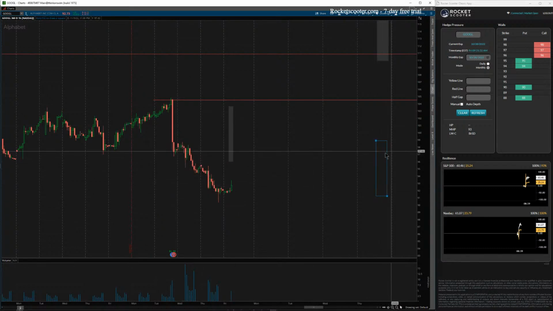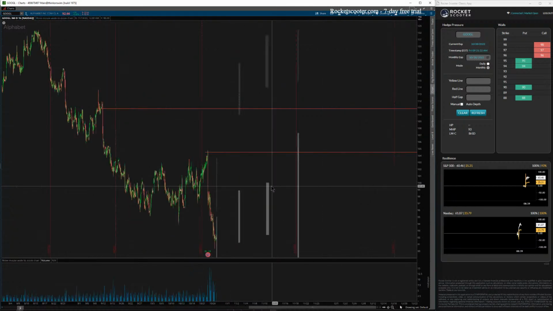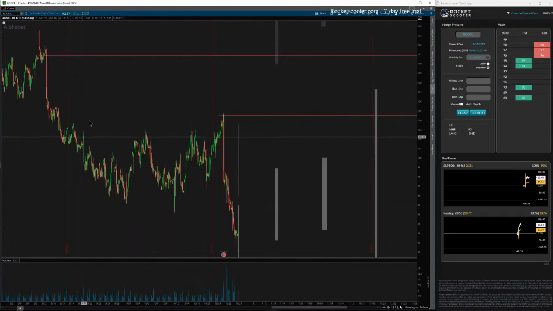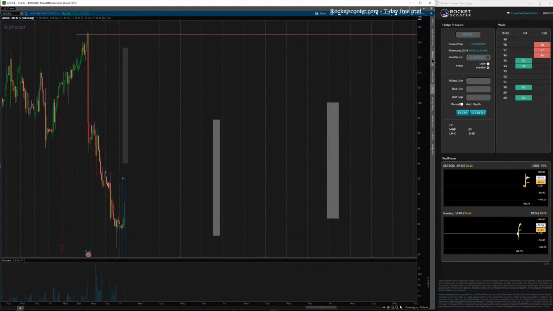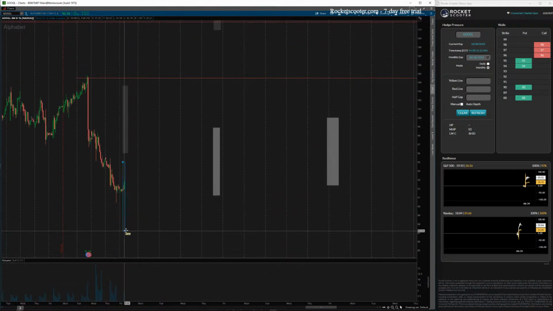What I'm going to do is map out the bull side and the bear side. You look for the major breaks, just like I show right there. You can map it out one week at a time. As options expire on Fridays, we're going to map out Friday, right? Map that out just like that. Now let's do next week.